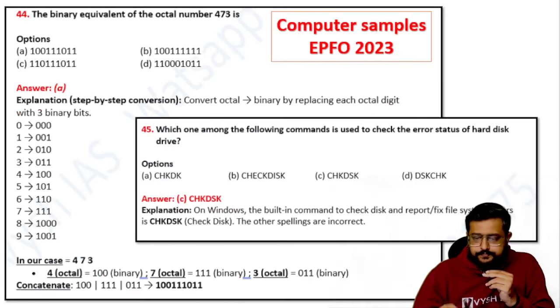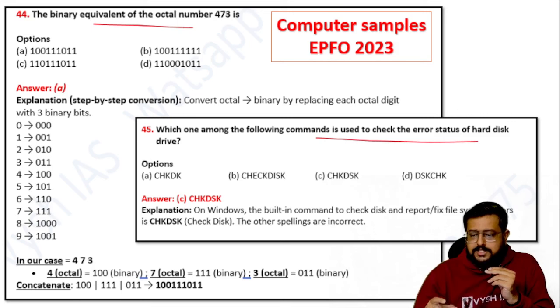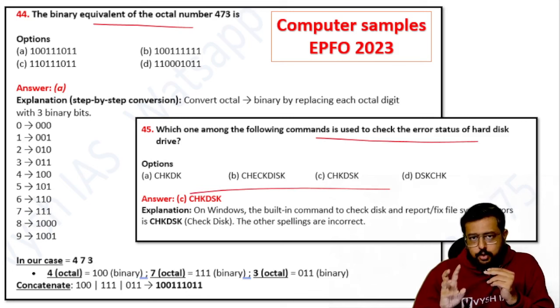Okay, then computer samples. It can be convert a binary number to a hexadecimal number or to a normal number, that kind of questions will come, or theoretical questions like error status on a hard disk, how will you check, or what is the command for that, that kind of things. Okay, so all these, we will give you enough and more notes related to this, and then solved